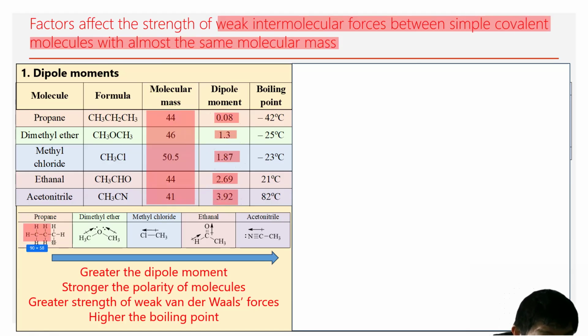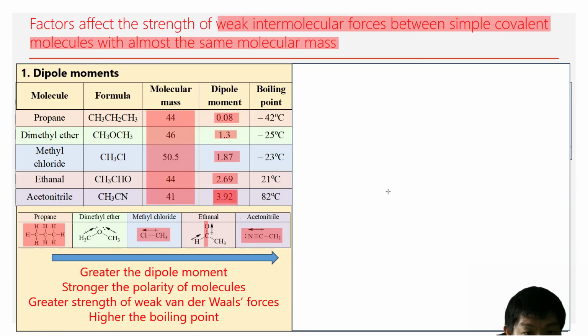So as you can see, propane is a non-polar molecule. Dimethyl ether is slightly polar due to the highly electronegative oxygen. Same goes with methyl chloride, where the dipole points towards the chlorine. Ethanol is also polar because oxygen is more electronegative, so the overall dipole points towards the oxygen. Acetonitrile has the highest dipole moment due to the C triple bond N. Furthermore, the nuclei in CN are closer due to the triple bond, which gives rise to the dipole moment in